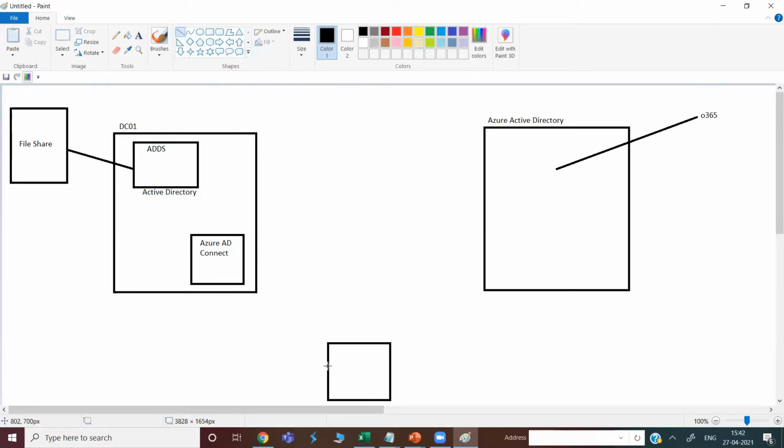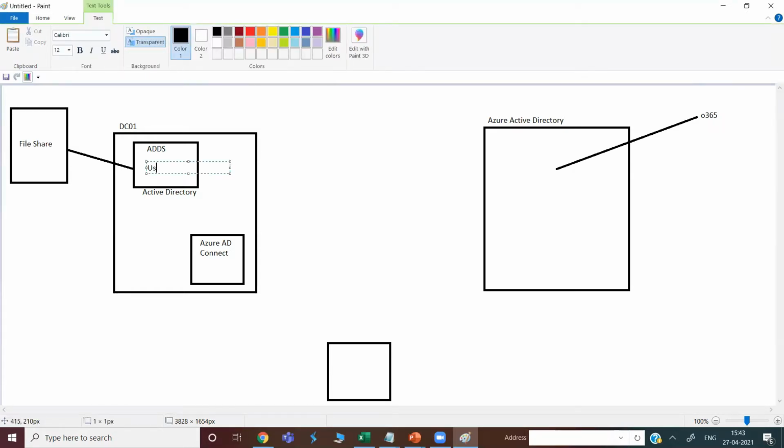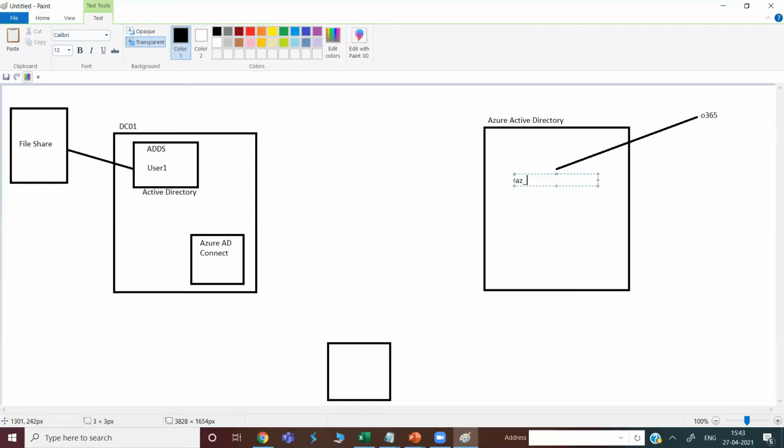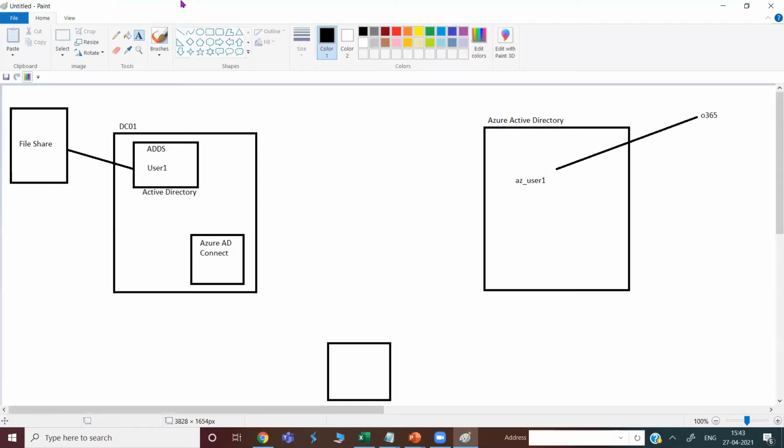This user has to maintain two sets of user accounts. One set has to be created in the on-premises Active Directory, and the other set has to be created in Azure Active Directory for this particular user. So he has to keep track of two user accounts, one here and one there.